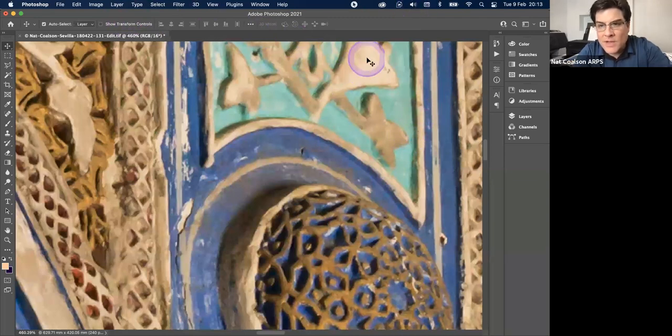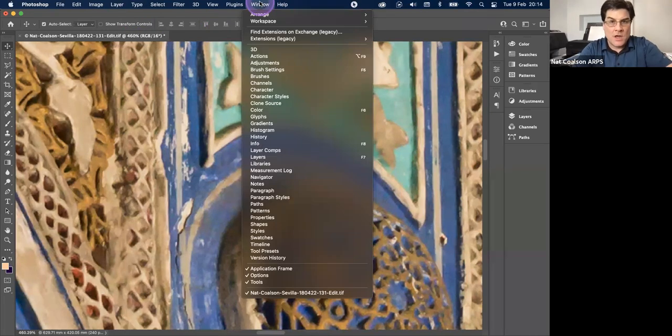Sorry, I'm having trouble getting to the top of my screen because of the zoom bar. Give me just a second to get this thing out of the way here. There we go. Sorry about that. I was hiding all my menus. Okay, so